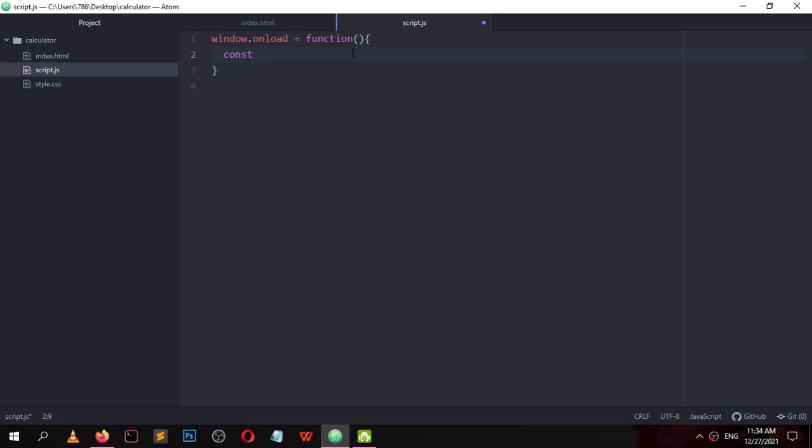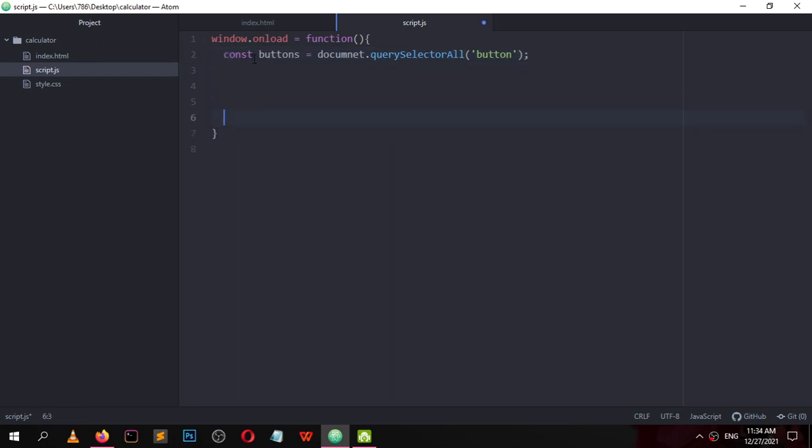Now select all buttons equal document.querySelectorAll. I want to select all button elements. This will select all the button elements.